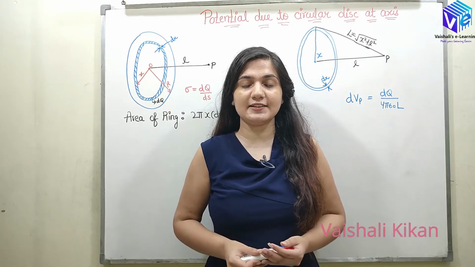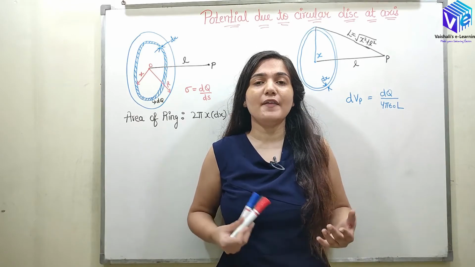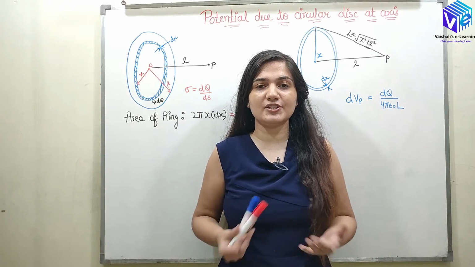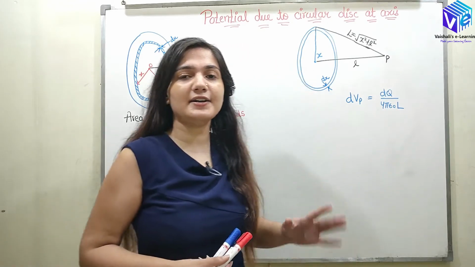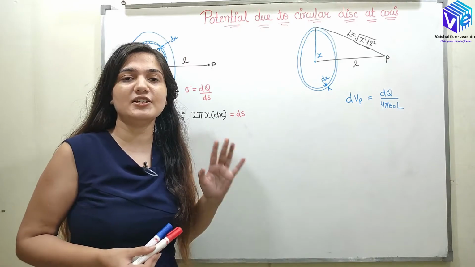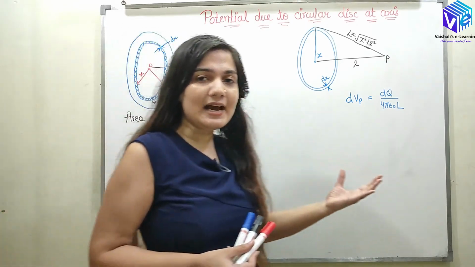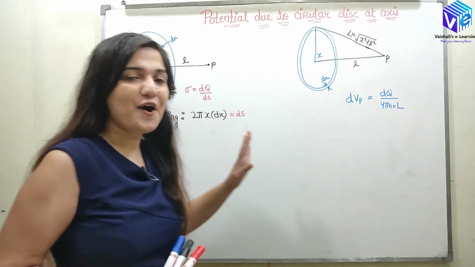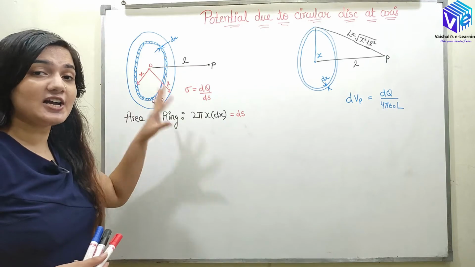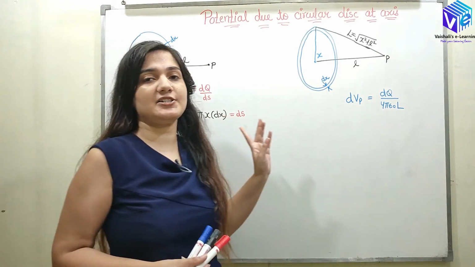We are discussing electromagnetics or EMFT, and in this video we are going to talk about the potential due to a uniformly charged disk. In the previous video we have already seen how we can find out the potential due to the uniformly charged circular ring. Now here we are extending our discussion towards the charged surface area.